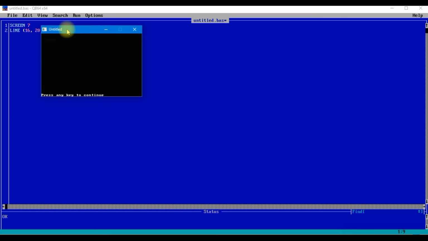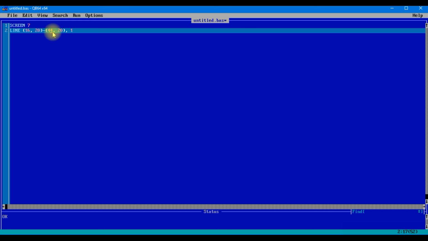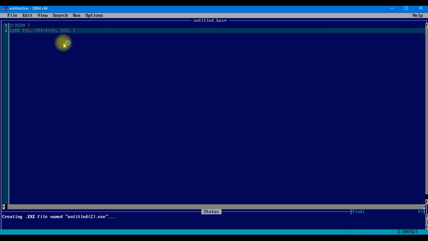So we have 16 over here. Instead of 44, let us give 144, or 440, sorry, 144. Let us check if it works or not. Maybe it will be a long line. If the line is long, you may be able to see it properly.